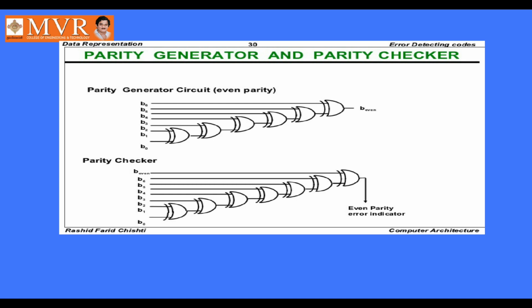As the last subtopic of part 2, in today's session we discussed error detection codes. So what is an error? How do we detect an error? The procedure for error detection is the parity bit method. There are two types of parity bit methods: one is even parity and the second is odd parity.